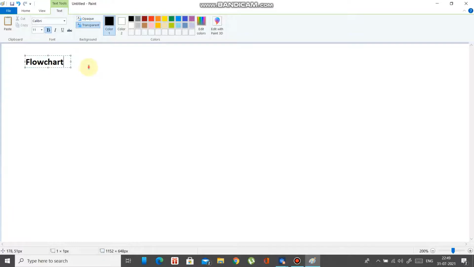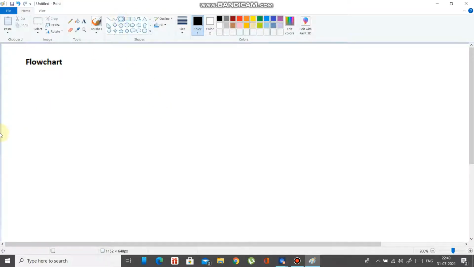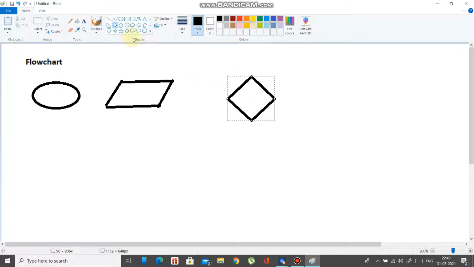To represent that, there are some symbols like oval, parallelogram, rhombus, square or rectangle, and arrows.